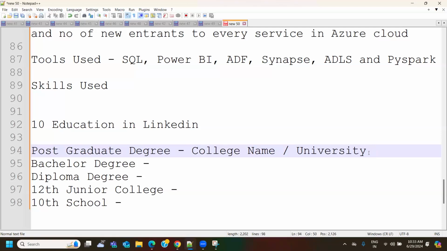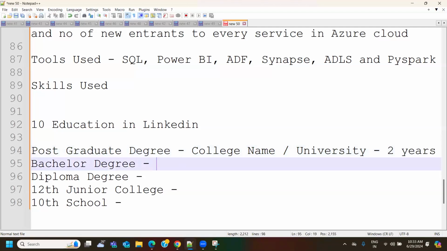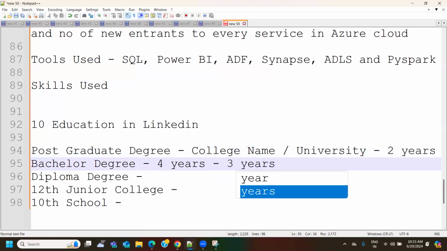And here also, mention from which year to which year you have taken that degree. Postgraduate, maximum it would be 2 years. Bachelor degree for engineering it's 4 years. For any other BBA related roles, BCA, or BScs, that all can be of 3 years. Mention start date and end date precisely. Date doesn't mean you should mention months. You can mention years also. That should be fine.